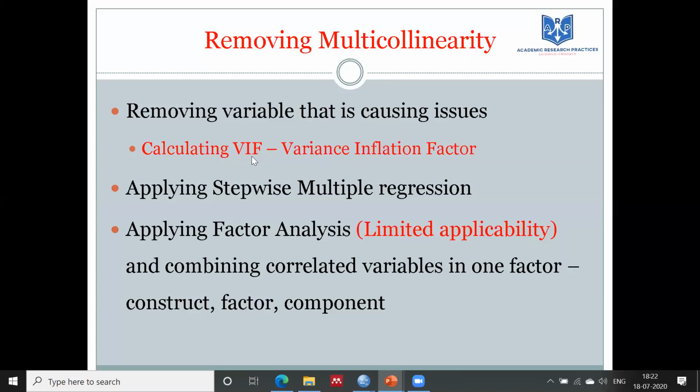I will calculate the VIF in SPSS, and I will let you know some basic parameters so that you can remove the variable causing the issue. Then we will apply stepwise multiple regression so that the variable will automatically be kicked out, right? So that is a method for removing the multicollinearity simply.